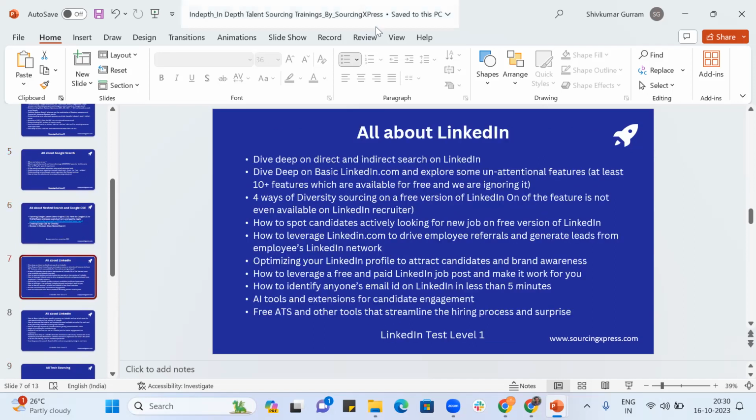And now coming back to LinkedIn: guided, indirect, direct, then basic, various features, diversity, spotting candidates actively looking for a new job on a free version, how to leverage LinkedIn.com to drive employee referral, optimizing LinkedIn profile to attract candidates and brand awareness, how to leverage a free and paid LinkedIn job post and make it work for you, how to identify anyone's email ID on LinkedIn in less than 5 minutes, AI tools and extensions for candidate engagement. So this I'll remove